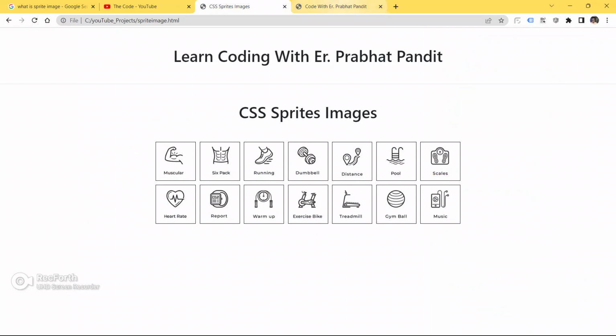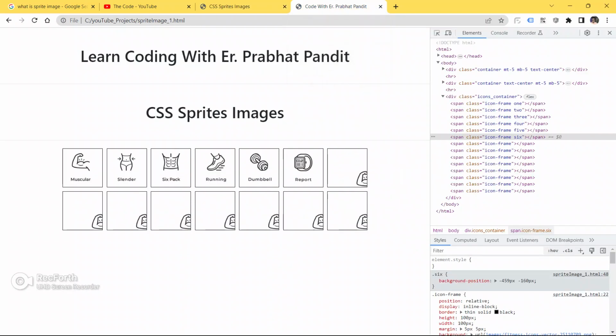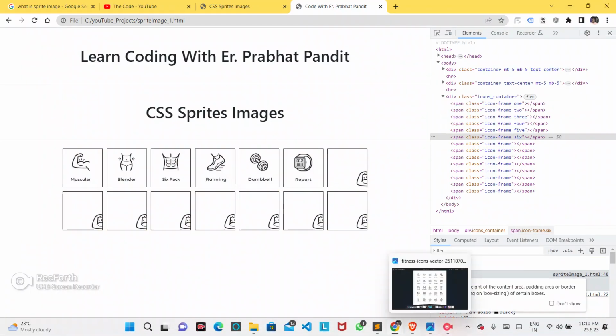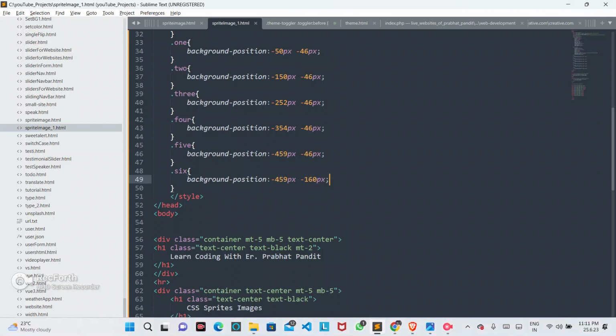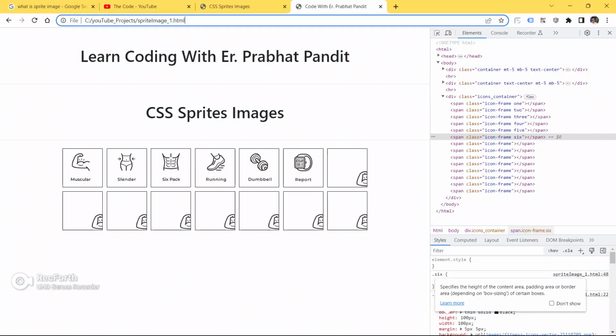So now copy it from here and paste inside the 6. Okay, this is the image guys I am using. So paste inside the 6.